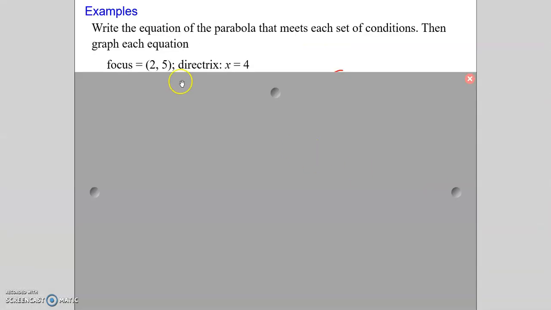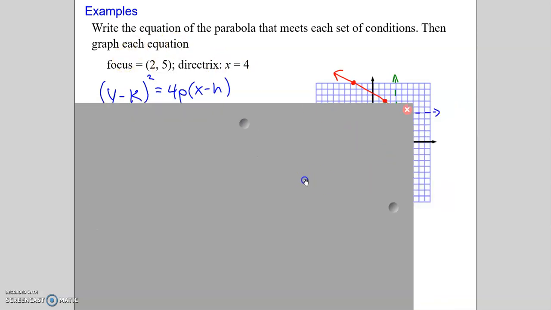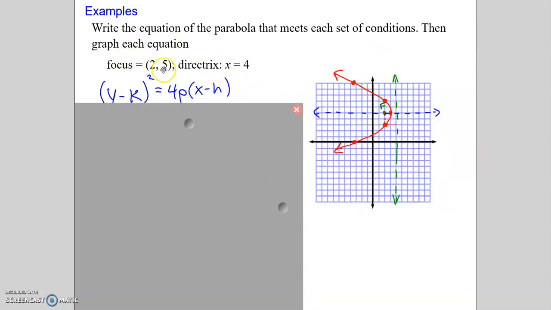All right. So we're going to now look at some examples where we've got to write the equation for a parabola that meets a set of conditions, and then we're going to graph it. So if I tell you a parabola has a focus at (2, 5) and a directrix of x equals 4, first of all, you would need to think about the graph and plot the focus there at (2, 5),